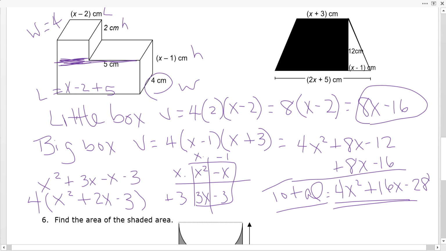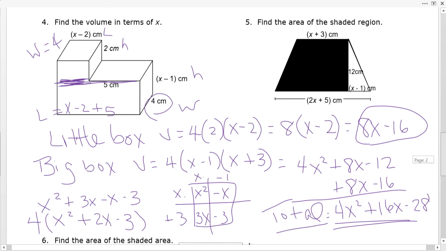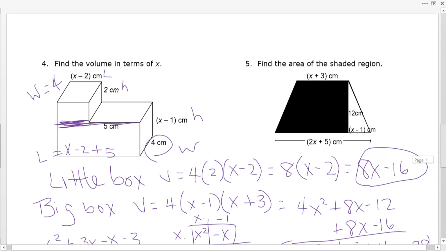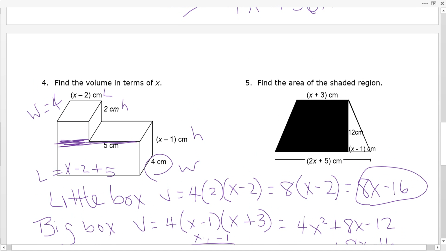So there's my total volume. You have to find the volume of the little box and the volume of the big box. So let's see if I can find room to work number 5. If I want the area of the shaded region,